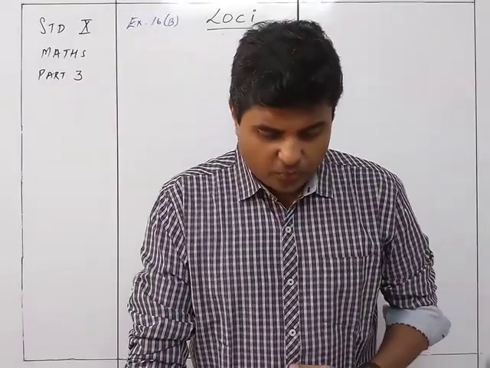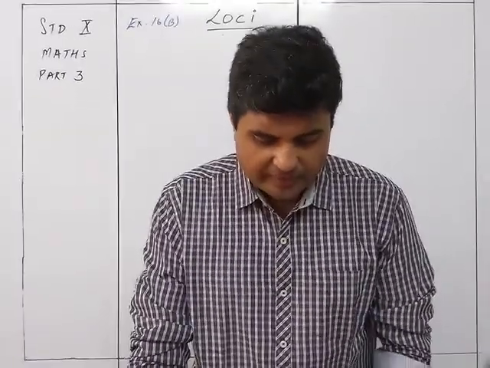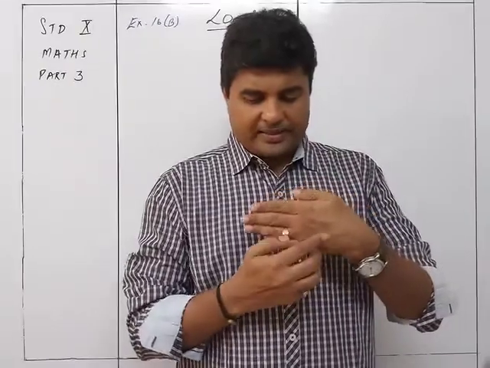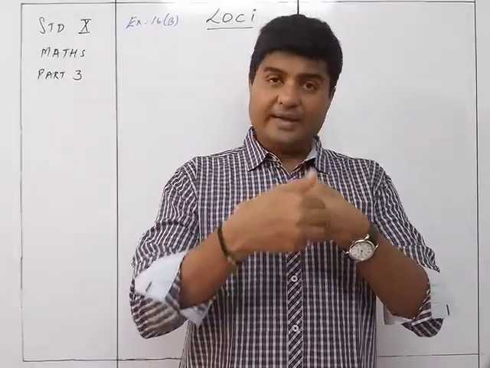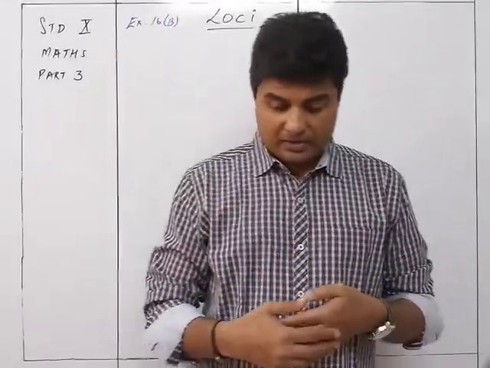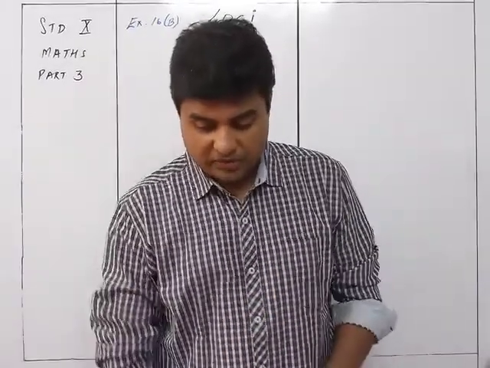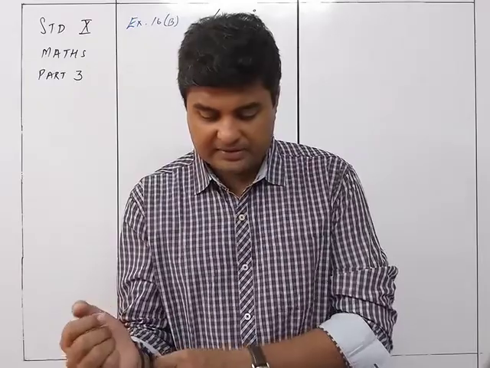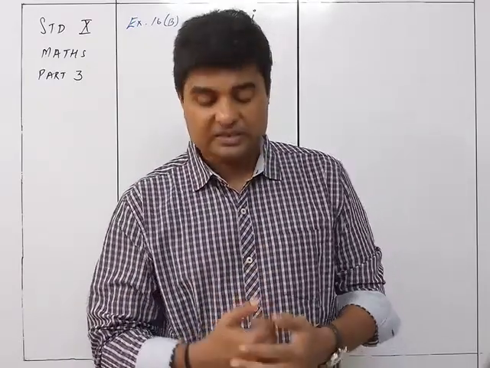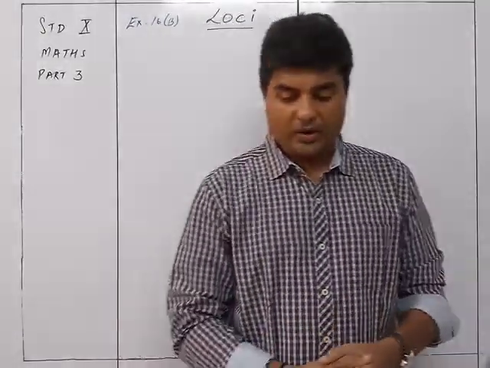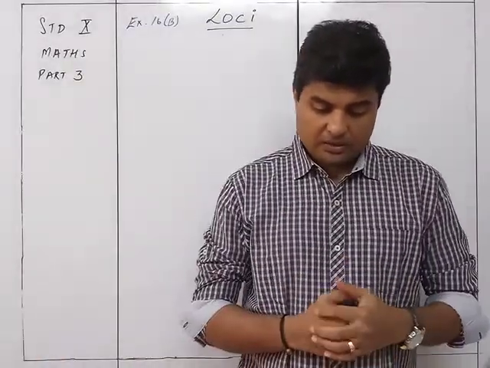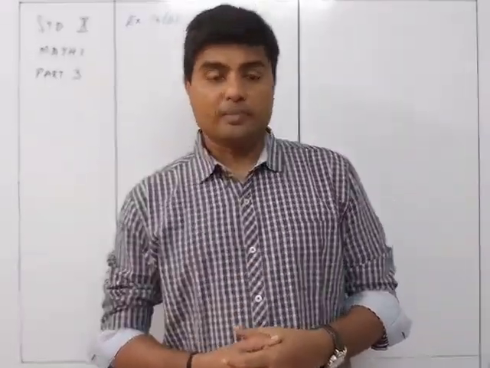So if it is moving, it will be going by a circumference circle with the center as the axis of rotation of the door and the radius equal to the distance between the hinge and the handle. So the circumference circle with center as the axis of rotation of the door and radius equal to the distance between the door handle and the axis of rotation. That was sum number 7. Now we move to sum number 8.